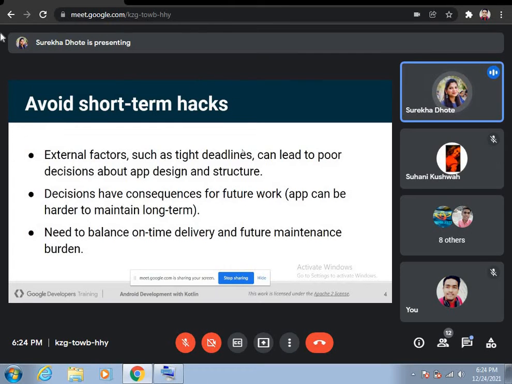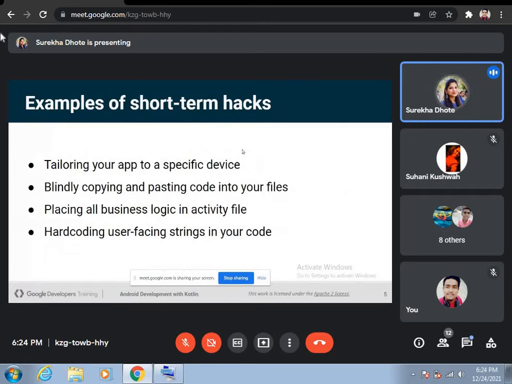So for this, we need to take care about tight deadlines. Decisions have consequences for future work. We need to balance on-time delivery, and we also need to focus on maintenance of our app so that our app is very easy to maintain.